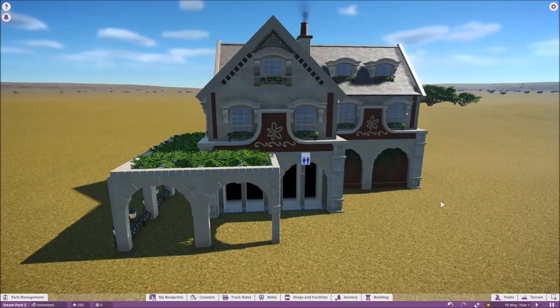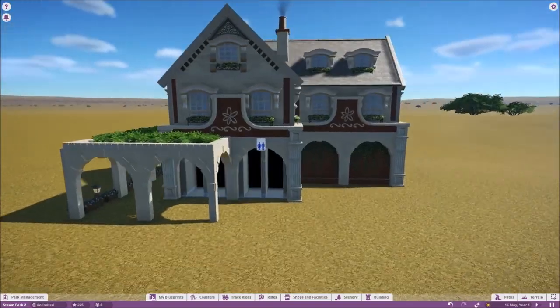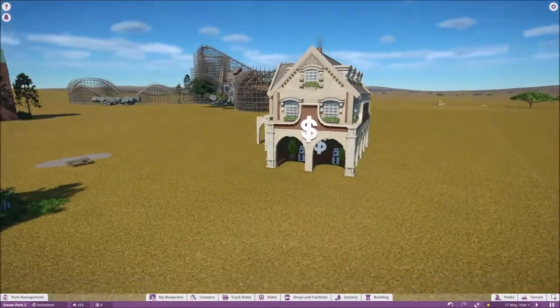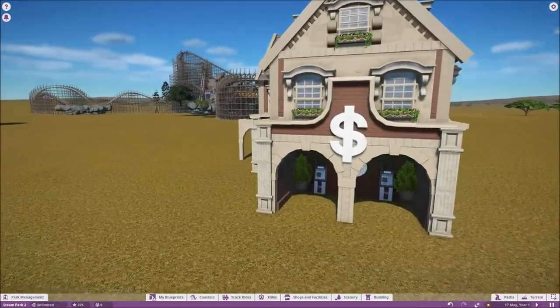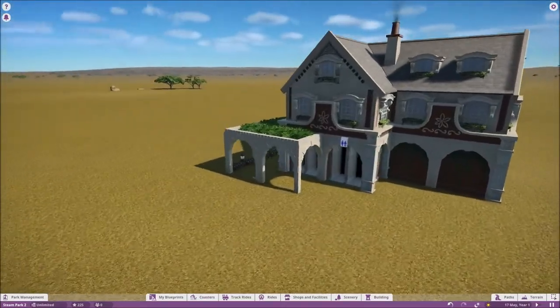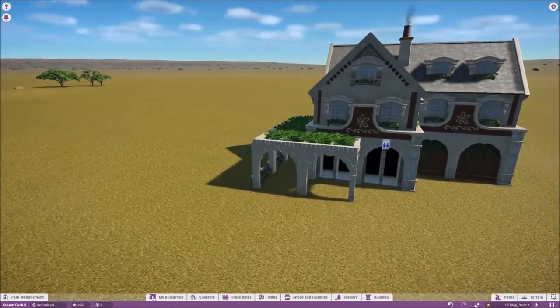I think that's a bonus. Now this contains some toilets and an ATM. There's the ATM. So it's got function to it, and again it would be a nice main street building. Now it was created by Calaani,